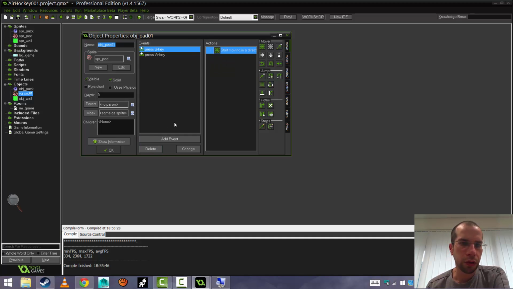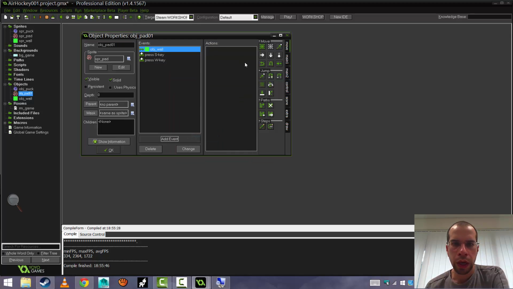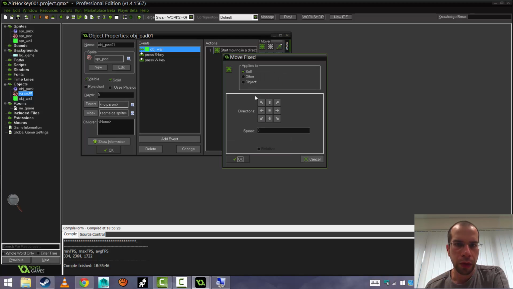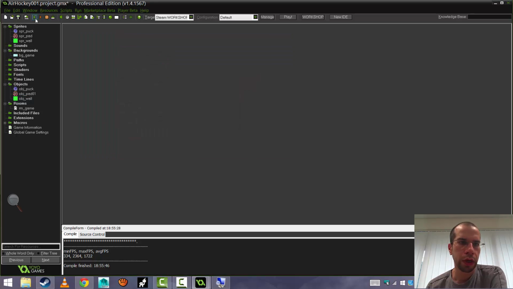And then you basically sort of fix it. Alright, so we need to have another collision between the pad and the wall. So go to add event, collision, wall, and then when it collides with the wall, we want to have another move. And we want to set it to 0, and then in the directions bit we just want to have this little middle button ticked, and that's going to sort of stop us from moving into